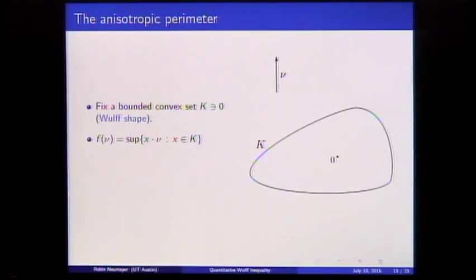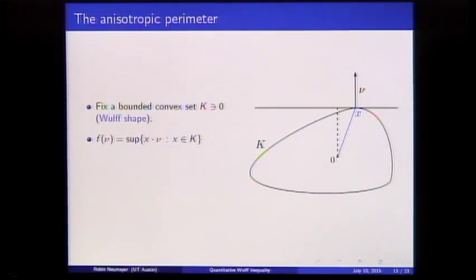And we define the support function f of nu as the sup of x dot nu for all x in this Wulff shape. So it's easy to show that the supremum is attained by the x for which nu is normal to a touching hyperplane. So let's see here. With this nu, it's normal to this hyperplane, which is a touching hyperplane at this blue point x. So f of nu is given by x dot nu for this x. This gives us a geometric interpretation of f of nu, it's the distance from the origin to the touching hyperplane